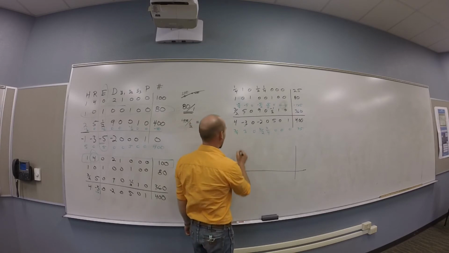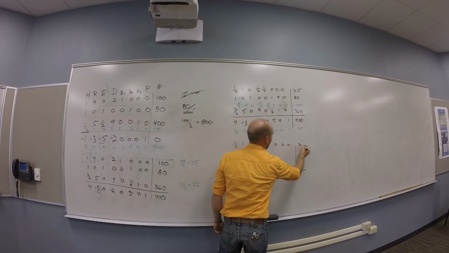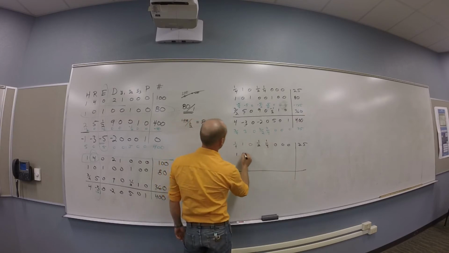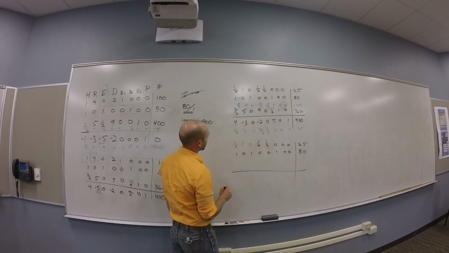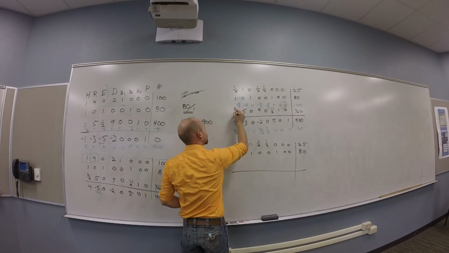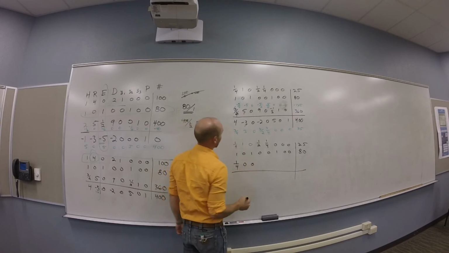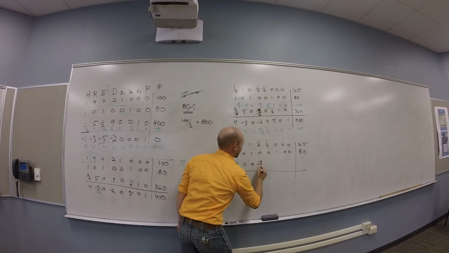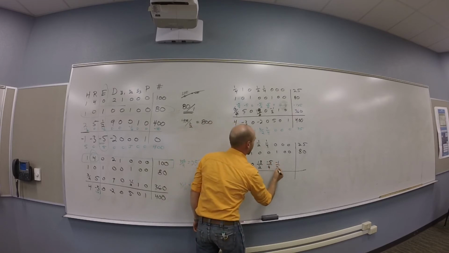So, first row, a quarter, 1, 0, 1 half, 1 quarter, 0, 0, 0, 25. Next row, same as before. 1, 0, 1, 0, 0, 1, 0, 0, 80. Perfect. And the bottom row is 1 quarter. So 3 halves is 6 quarters, minus 5 quarters is 1 quarter. 0, 0. 9 is 18 halves, so it's 13 halves. So I'm left with 13 halves, minus 5 quarters, minus 1 half,